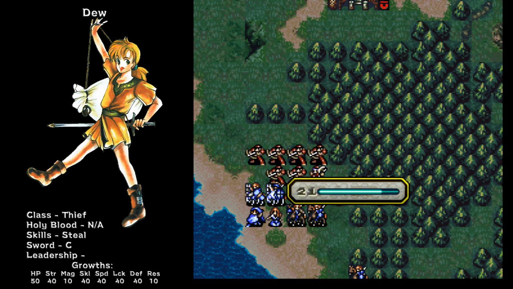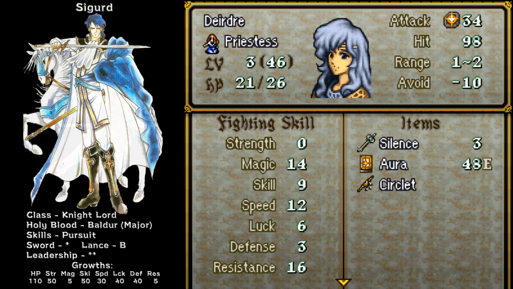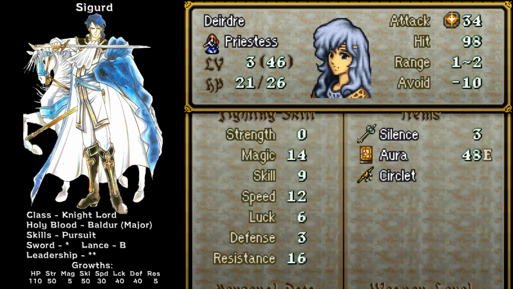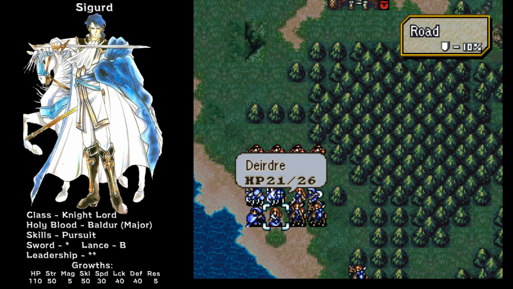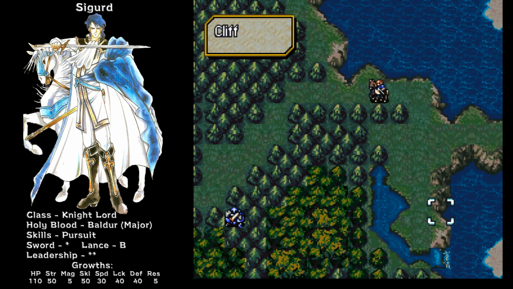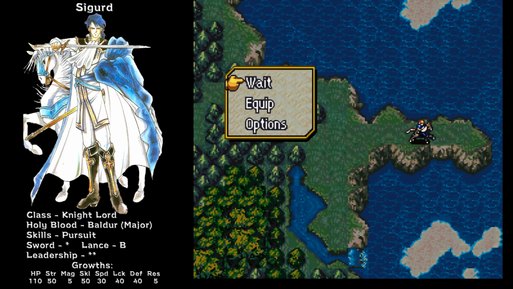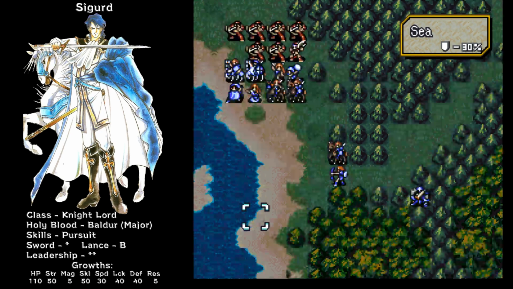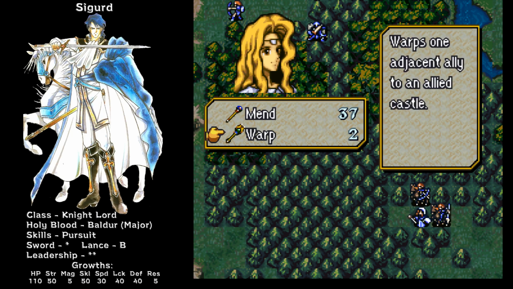Yeah, and she's got renewal, so she regens. Actually, the way that works, it's really not even that big of a deal taking some damage on Deirdre, as long as she doesn't die. Because she just regenerates it back after a couple turns on her own anyway, so it's kind of nice to use that healing. Before we go any further, though, Lex... Gonna need another turn. And, you know, might as well...